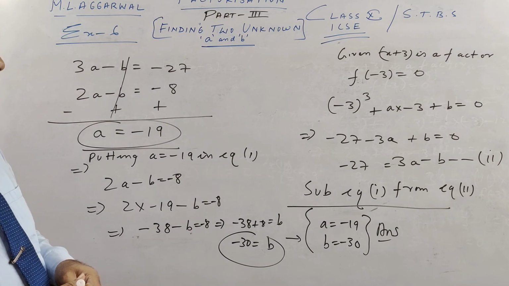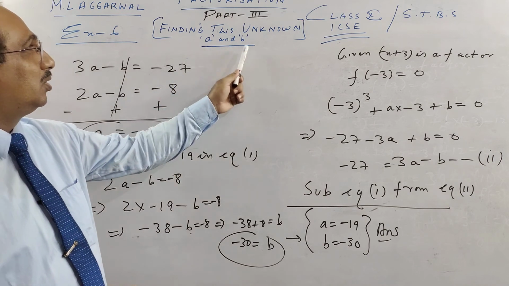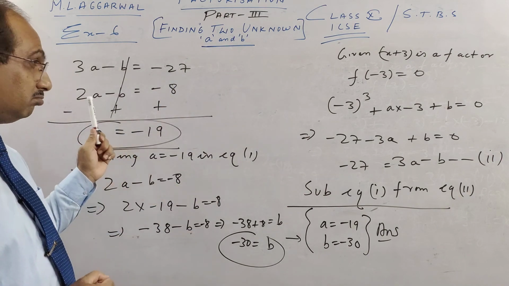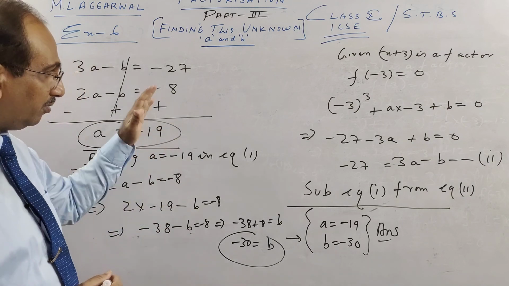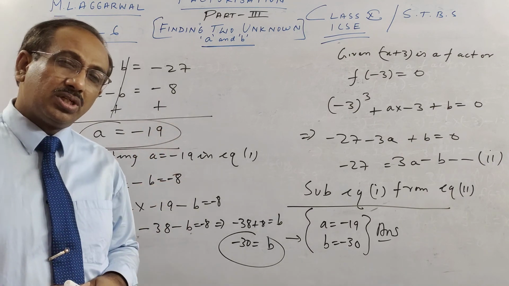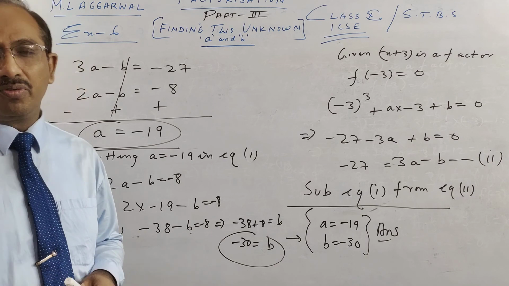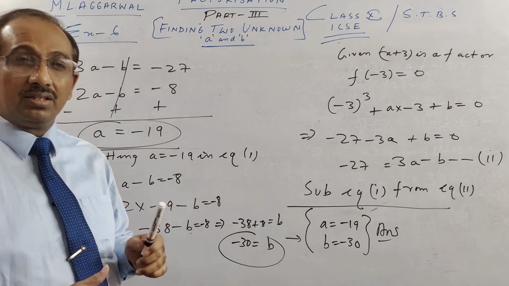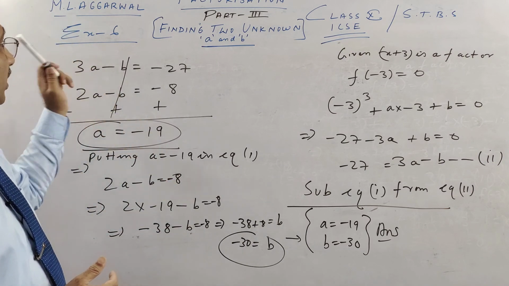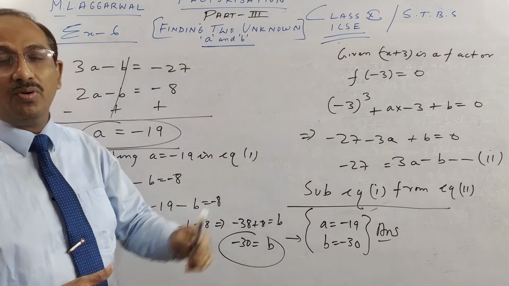So this was our session on finding two unknowns when a cubic equation is given with the unknowns and two factors are given. I have done 3 sums, and as I have told you children, I have given you 4-5 sums to practice. Please do practice, and then some other very interesting questions you wait for in my part 4